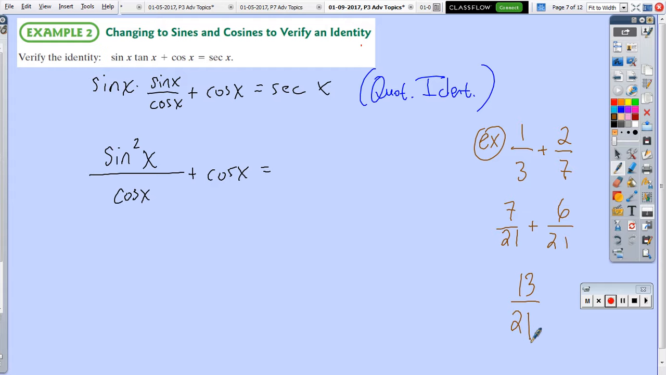So let's try to combine these two. You multiply the bottom by cosine. You put cosine equal to 1, and you multiply 1 by cosine. Okay, good. Very good. Top and bottom by cosine x. So we would have sine squared x over the cosine of x plus the cosine squared of x over cosine of x is equal to the right-hand side. Good. And so the justification for this one,